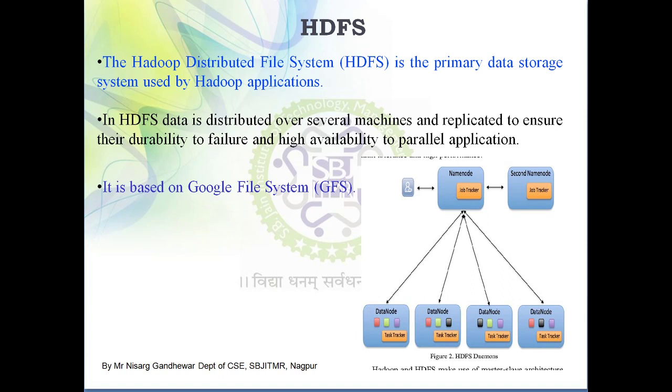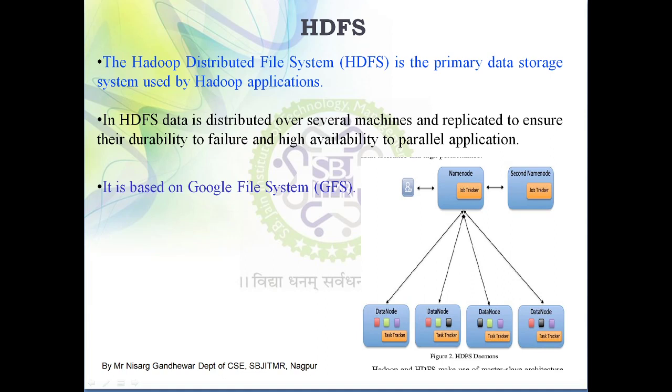So which particular sub file is present at what particular data node, that information is also kept in the name node. That's why I'm telling you that name node is going to maintain a metadata. That metadata consists of how your file is being divided, where that particular file is present, what are their permission access, and so on. So all this information will be kept by the name node. So in short, we can say that name node is the main controller. And suppose name node fails, in that case secondary name node will help us to coordinate this task.